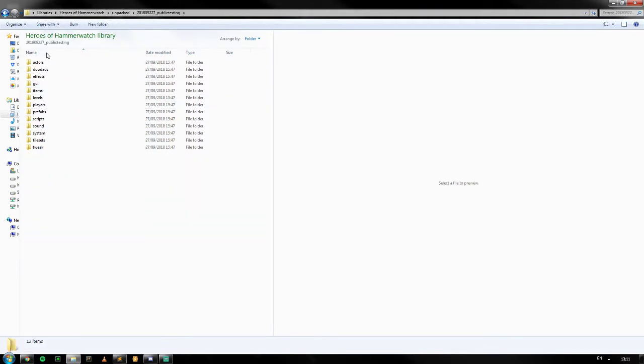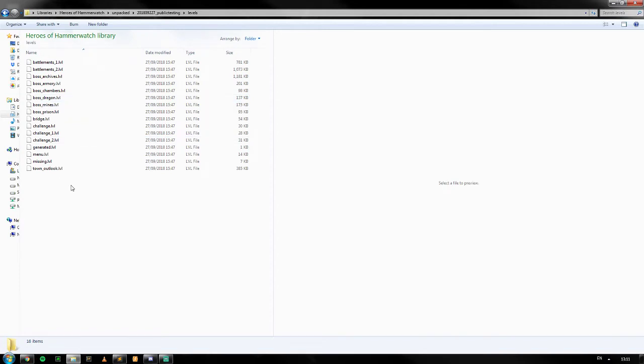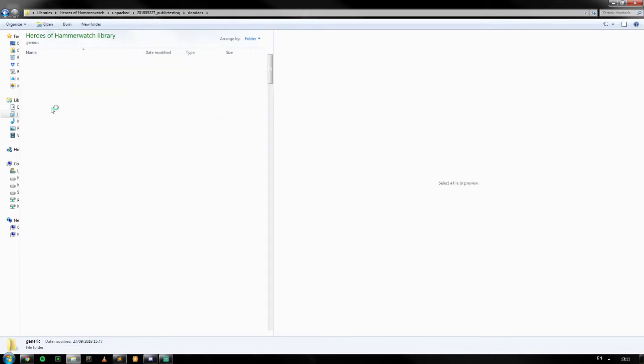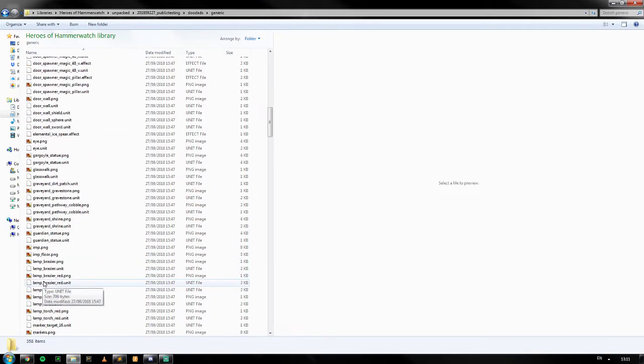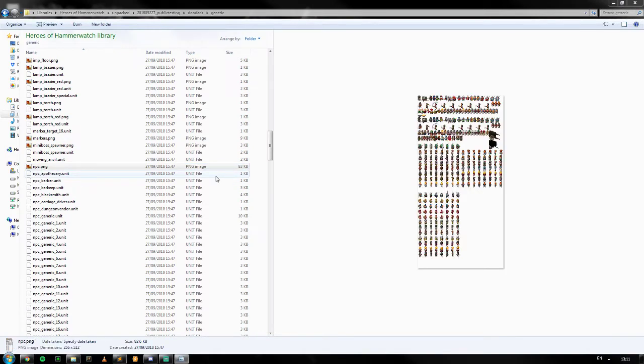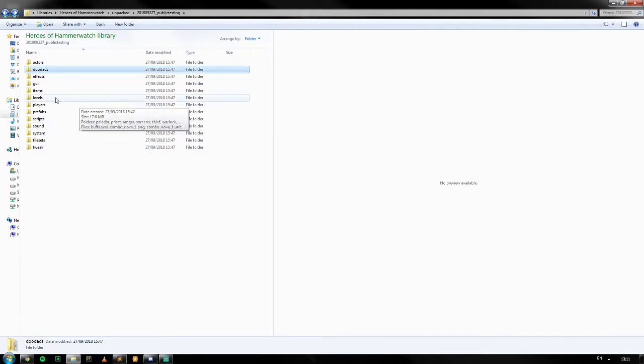Like this is the current one, I think. Levels. You have all the stuff that makes the game work. So you can see doodads, generic. You've got all the NPCs here, for example. Once you have all of that, you can look through here and see how things are made,